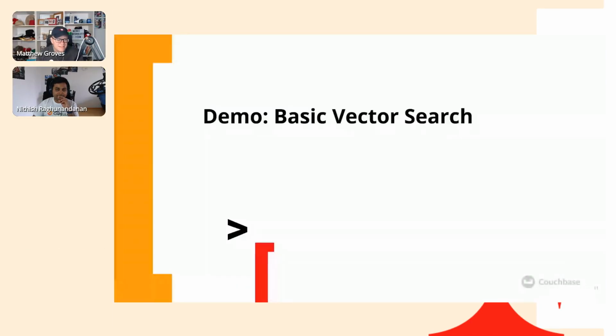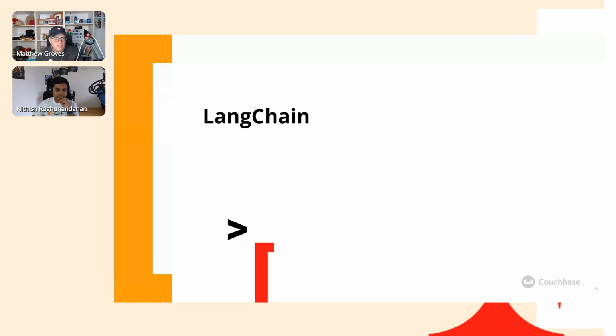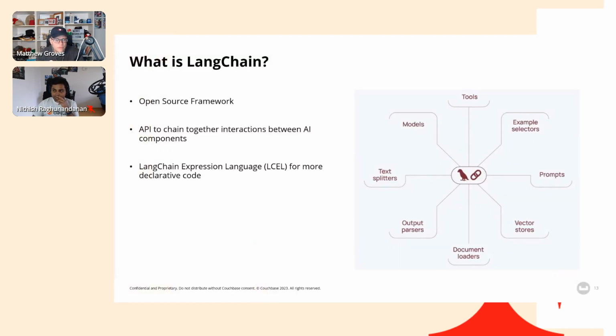All right. So that was using the Couchbase SDK, which you certainly can do. And there's lots of reasons why you'd want to use just the SDK. But just like any other type of development, there are frameworks that can help us do other interesting things and help do some of the heavy lifting for us. So one of the ones we want to talk about today is called LangChain. This is a popular open source framework. It's an abstraction layer for AI components. There are a few frameworks like this, but we'll just focus on LangChain today. It is an AI-focused framework, and it can chain together interactions between components, hence the name.